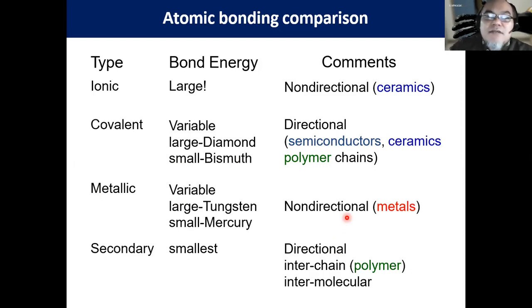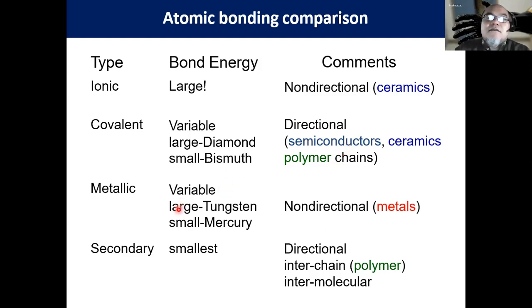The bond energy is variable. It can have very large binding, like in tungsten. Tungsten, maybe you know, is the material in the old style bulb. Maybe it's very difficult to find a bulb now because most lamps are already replaced with LED, light emitting diode lamps. But in the past, and maybe you still find it in the villages, the filament is made from tungsten. Tungsten is considered a heavy metal.